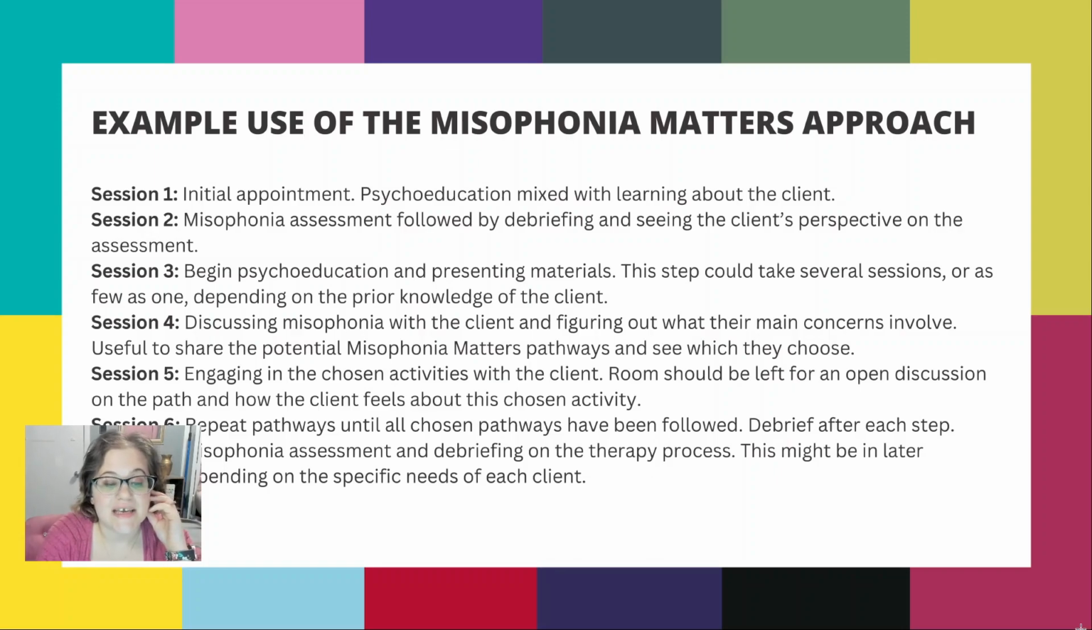Session 5 is engaging in the chosen activities with the client. Room should be left for an open discussion on the path and how the client feels about this chosen activity. Session 6: repeat pathways until all chosen pathways have been followed. Debrief after each step. Session 7: misophonia assessment and debriefing on the therapy process. This might be later in sessions, depending on the specific needs of